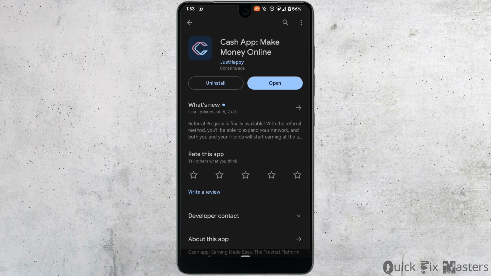So right here, instead of open, if it shows the option of update, then it means that your application is not up to date. So it might be one of the reasons that you are facing the issue. In this case, all you want to do is update the application to the latest version and you'll be good to go. But if this doesn't work for you, then in the next step what you want to do is